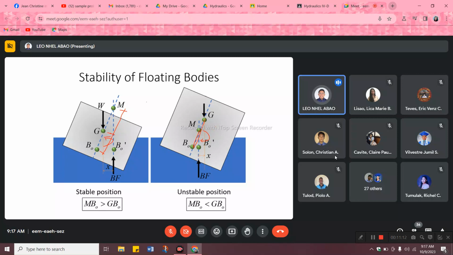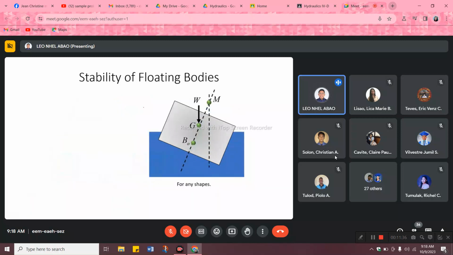Okay, class. So in these problems, what is important is first, where the location of the metacenter is, or let's say MBO, and then what the distance of GBO is. Okay, and maybe we will also compute the overturning or righting moment, no? So we find X.